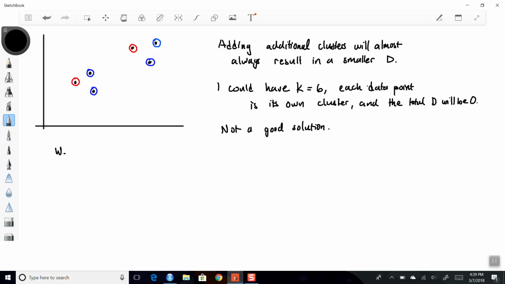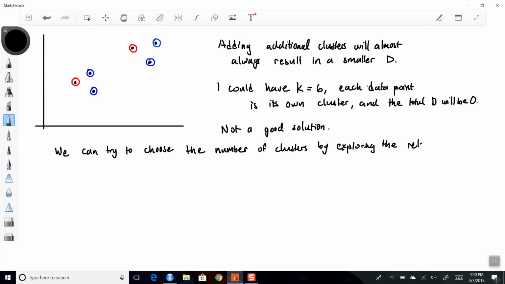So we can try to choose a number of clusters by exploring the relationship between